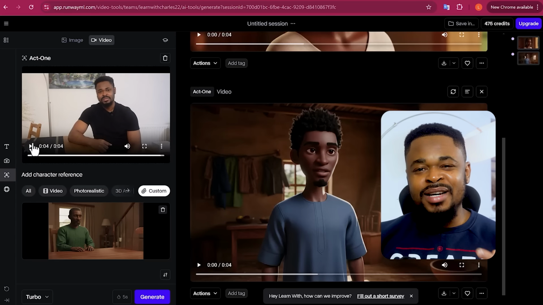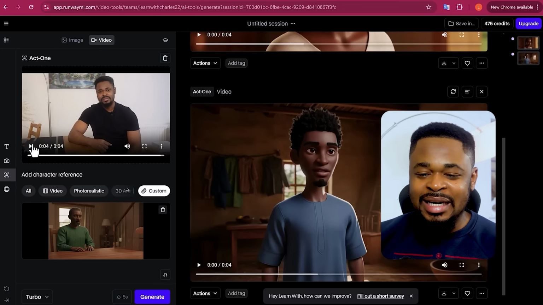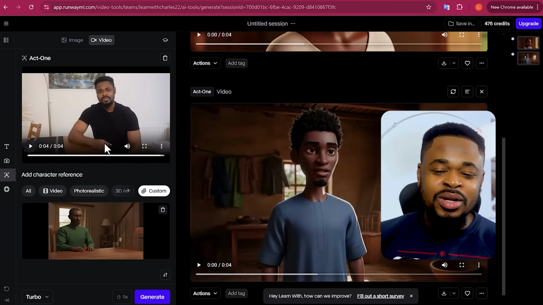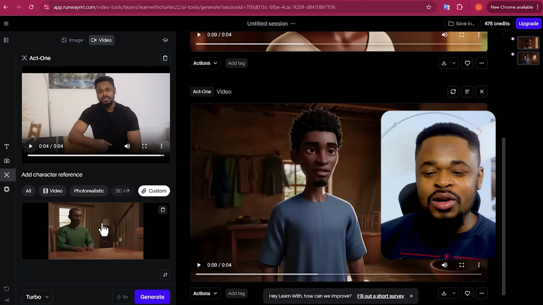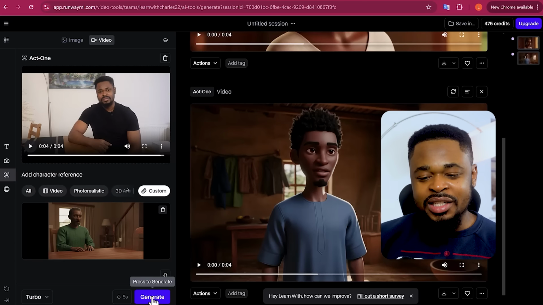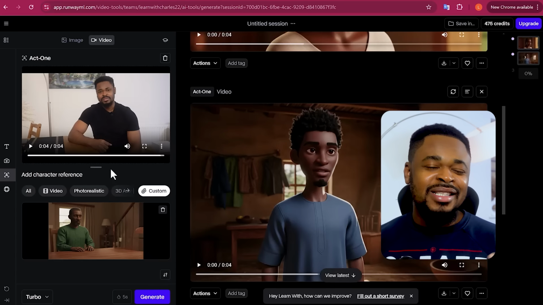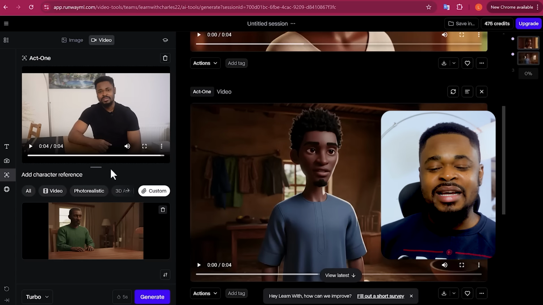So you can see that's the father's voice. It is deep. All right. So the father is going to act the same way, just like I did and all that, which is what we want. We'll do this for the dad. Click generate. And then we'll repeat the same thing for Adama on the other side and he generates.